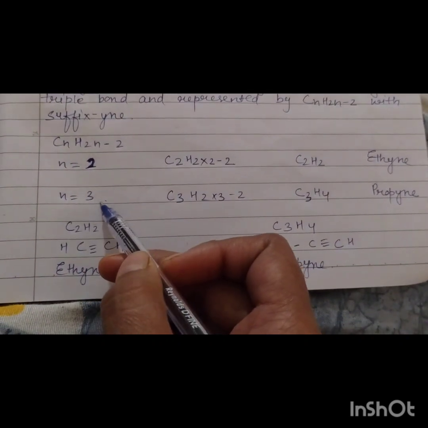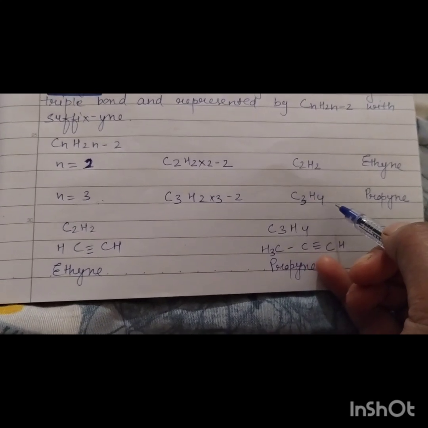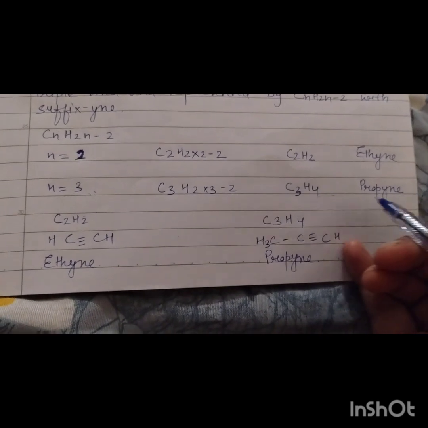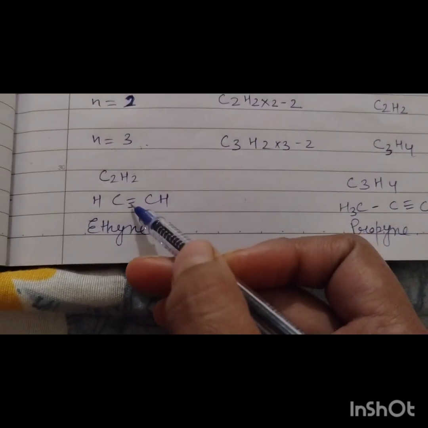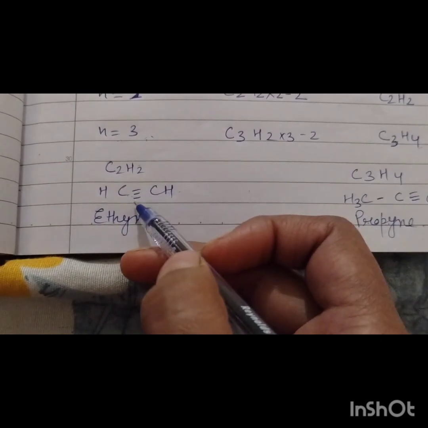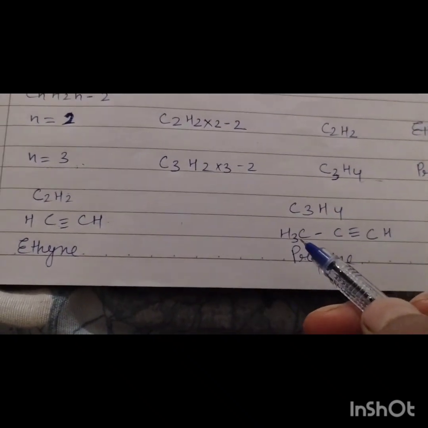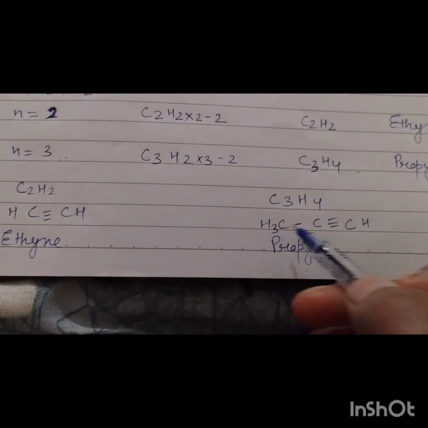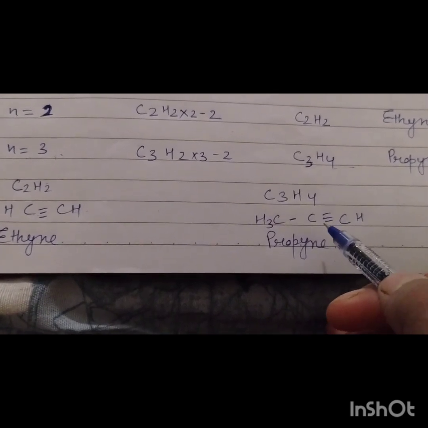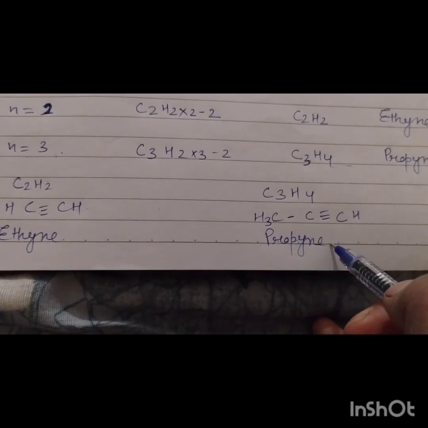Another one, n equal to 3, then 3 carbons are there, so meth, eth, and prop, and suffix -yne, that is propyne. Now moving towards the structure: meth, eth, 2 carbons are there, and a triple bond is there, that is ethyne. And here 3 carbons are there, meth, eth, prop, containing a triple bond, which represents alkyne, that is propyne. That's all for